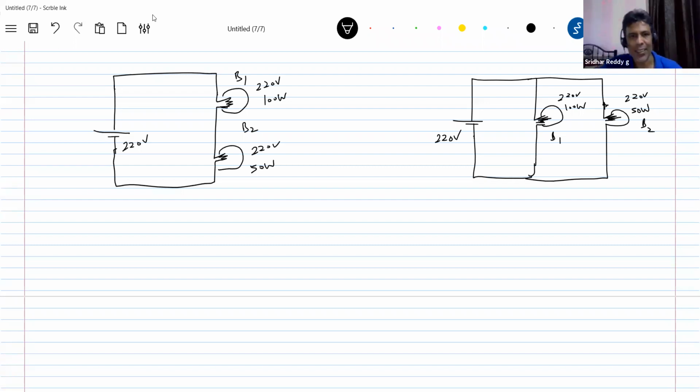First of all, we will calculate the resistance of the bulbs. What is the resistance of a bulb? First, we need data. How do we calculate the resistance of a bulb? We know the power rating, so this will be 100. Power equals V square by R, no? So 220 square by R1. So R1 equals